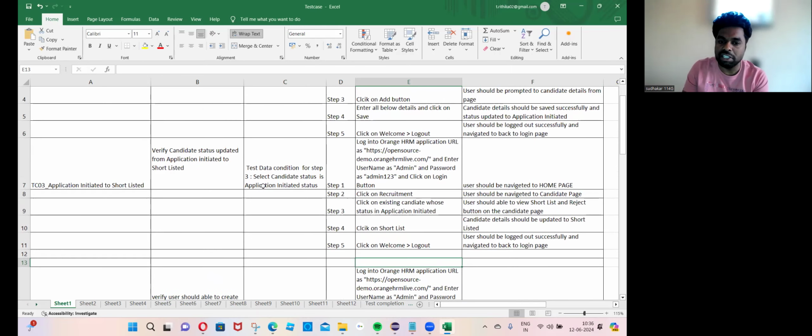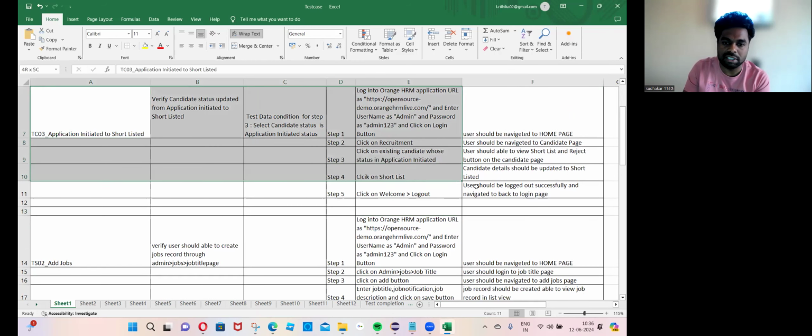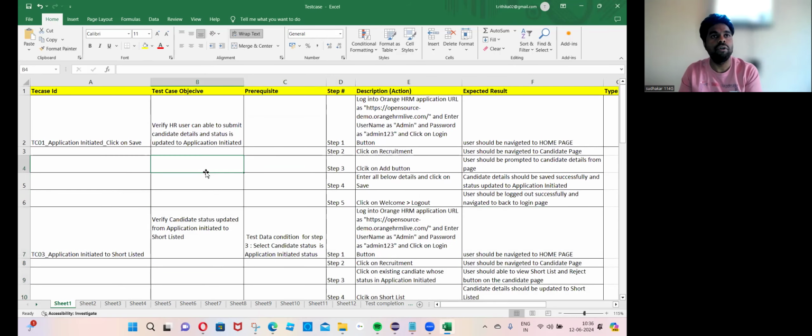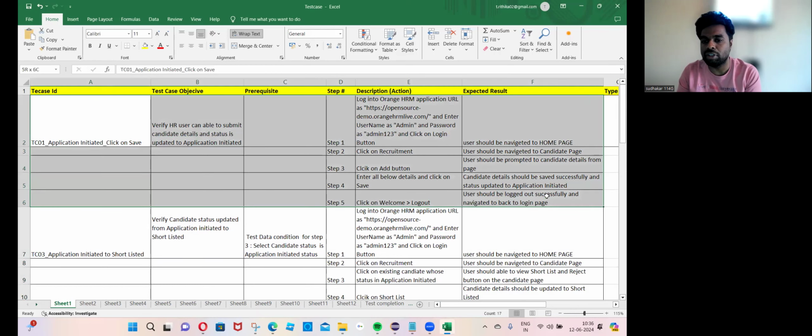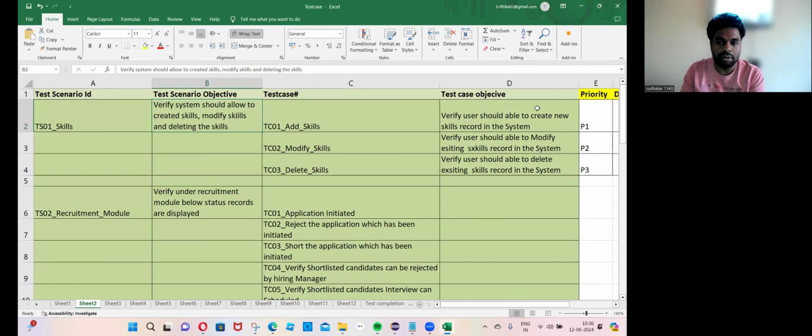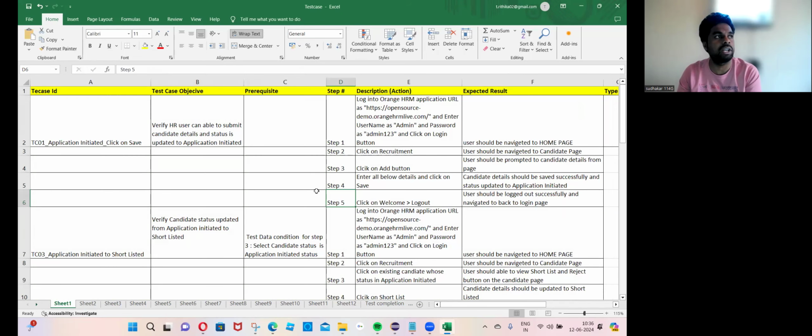Suppose this is the test design phase. Okay, this is the test design phase. The next phase I'm going to tell about that point only. So now everyone is clear. Okay, so these are the test cases. Now I want to do the test execution phase. In the test design phase, for each test case we have written detailed steps for all the test cases whatever I had identified. So the test design phase might take one week. Okay, and in the second week,